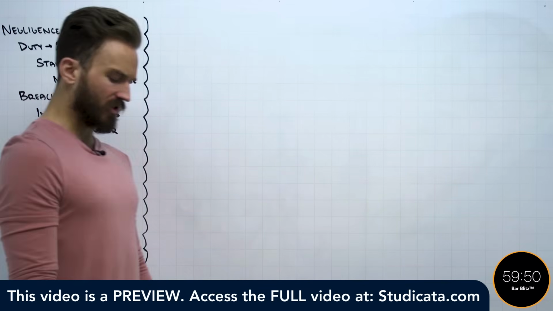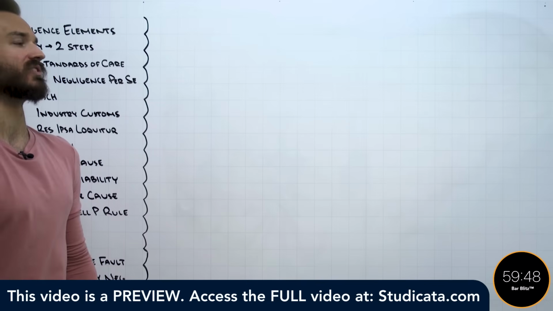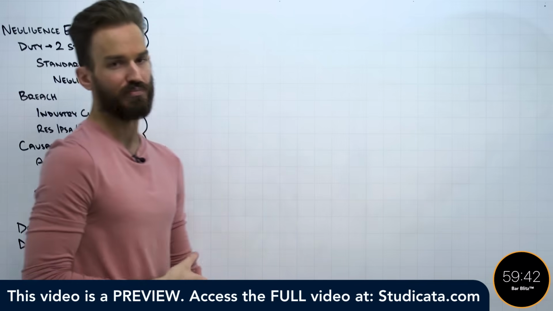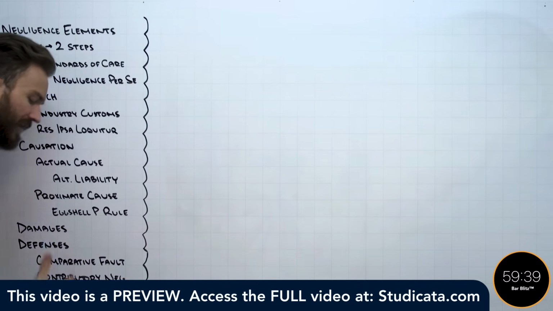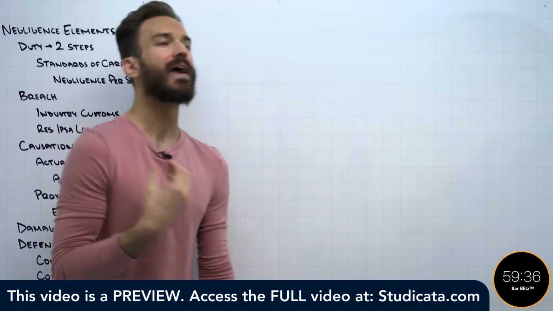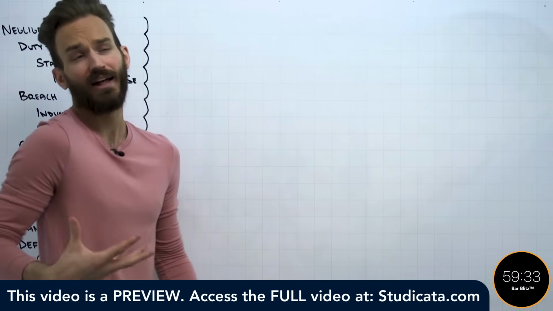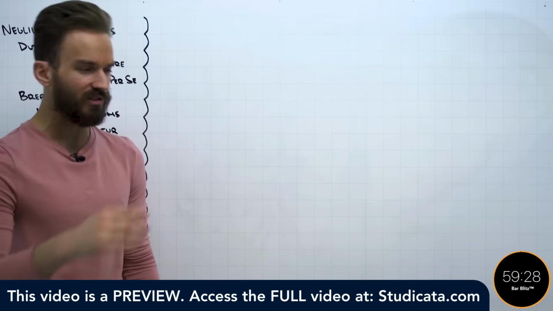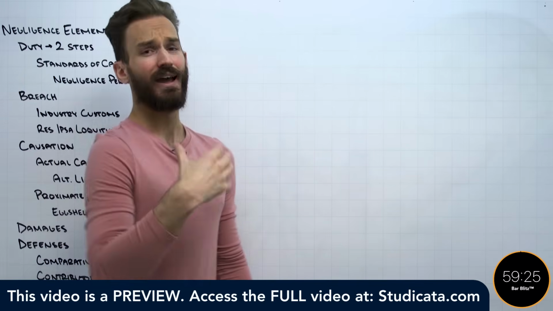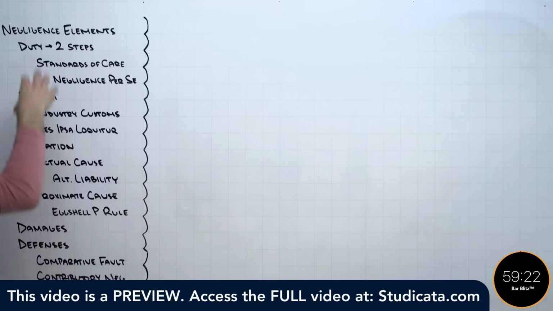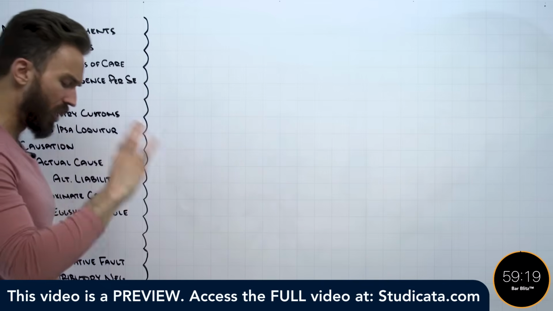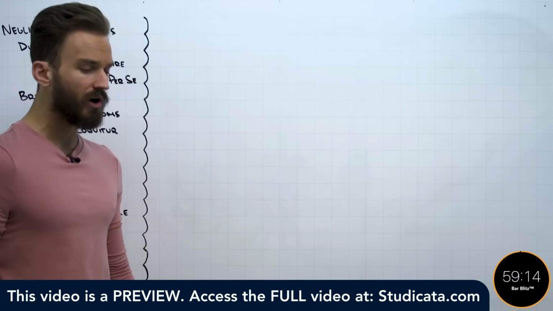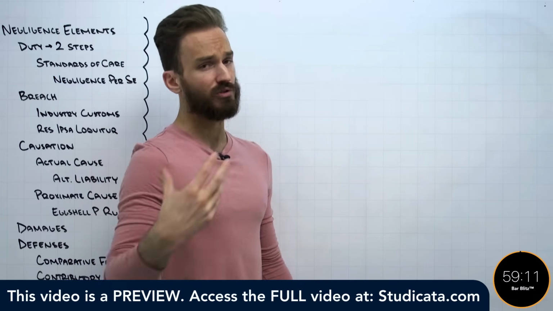The way that this is typically presented in torts on the bar exam is through an accident that results in harm to another person, right? I know that's a very broad description, but that's one of the things that can make negligence as an analysis a little bit trickier, because it's actually pretty hard to predict. There's a lot of nuances that can happen in a negligence fact pattern, and that's what we're really going to try to break down as we work through these elements, all the different little nuances and ways that it can be tested. But at its core, remember, it's going to be some sort of accident that results in harm,